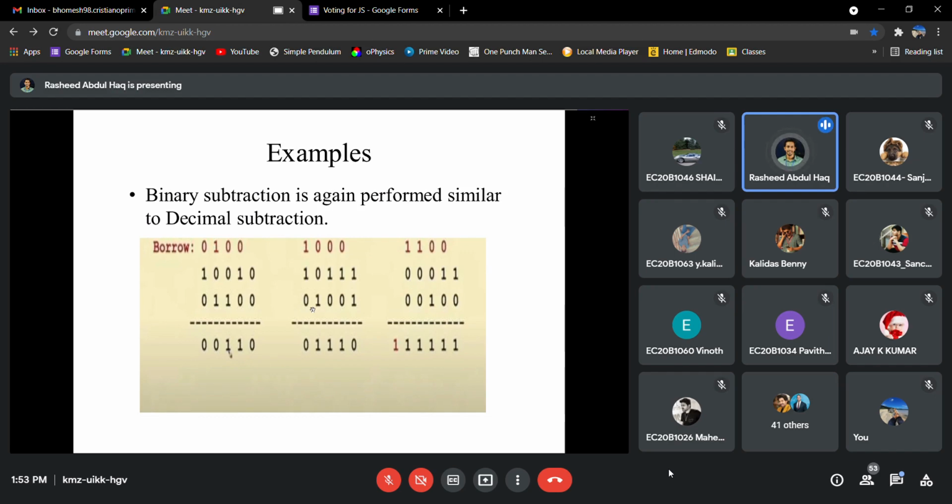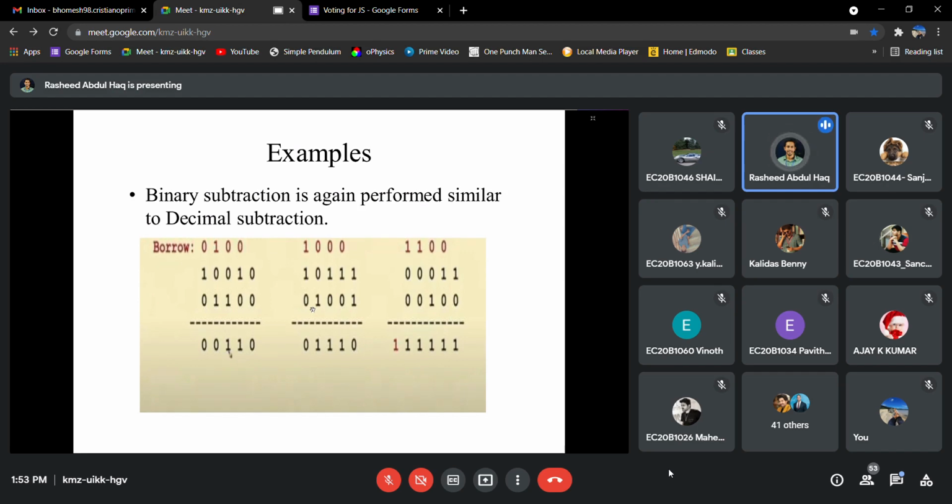Actually, there are multiple subtractions occurring there. We will explain once more. First one, 0 minus 0, that is 0. 1 minus 0. First one, no confusion. Second one, 0. Third one, I mean 0 minus 1, we'll get 1 with a borrow of minus 1. Okay. Then again 0 minus 1, we'll get 1 with a borrow of minus 1.